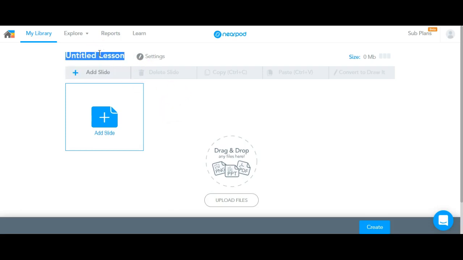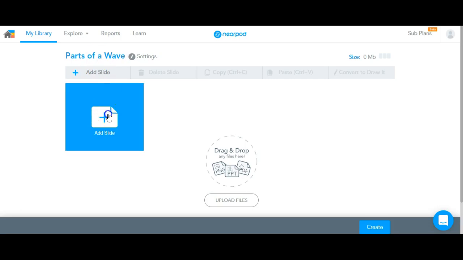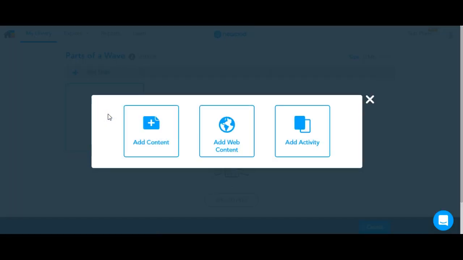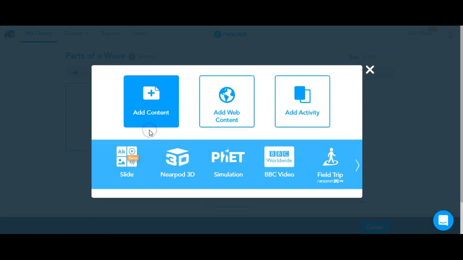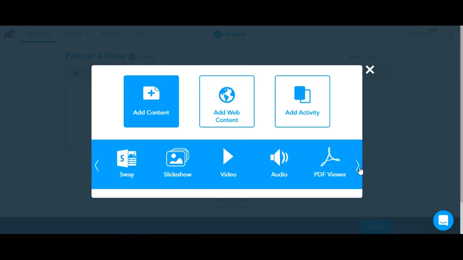So the first thing I want to do is give this lesson a title, and we're going to call this Parts of a Wave. So when you click on Add Slide, you have three options. You can add content, add web content, or add an activity. If I click on Add Content, it gives me the options for the slides, Nearpod 3D, and a few other choices, as you can see. So just to give you an idea of how to get started, we're going to go ahead and go back